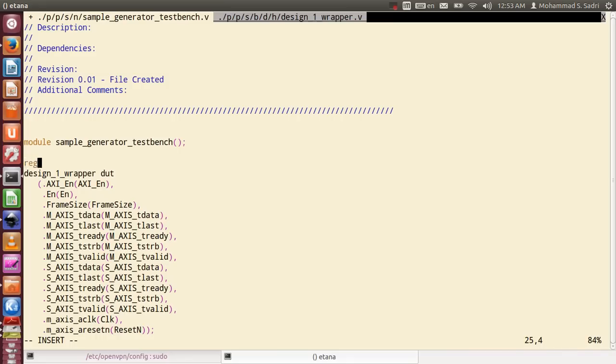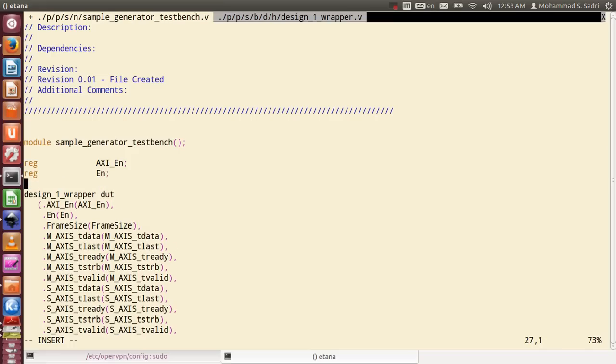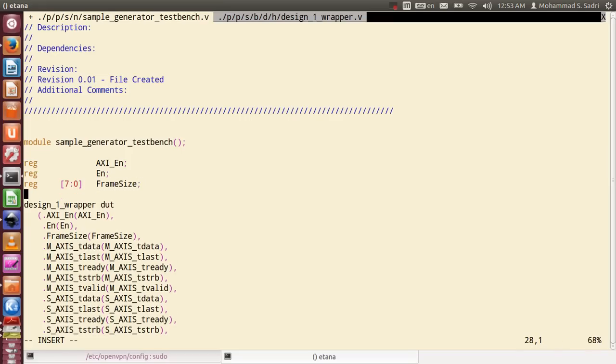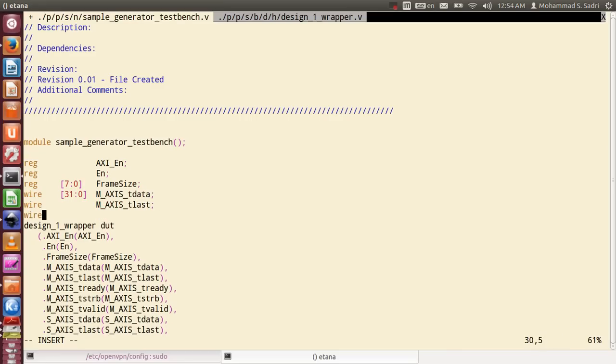So reg AXI en, reg en, and reg, this one is 8 bits, frame size, and then some ports are outputs, so they should be defined as wires. AXI T data, wire, AXI T last, wire,